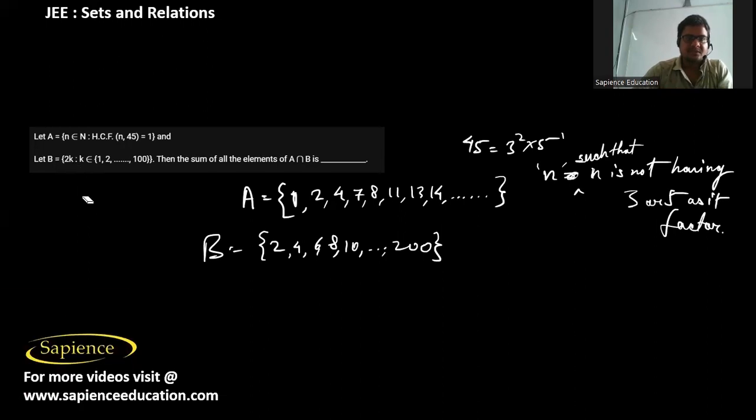Yeah, it is an even number and it would go from 2 to 100. So now, therefore, the sum of all the elements in A intersection B, that will be equal to